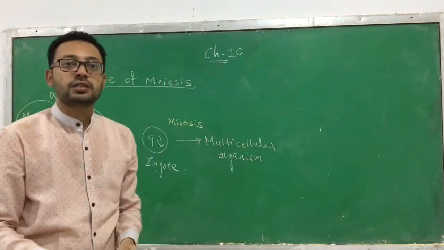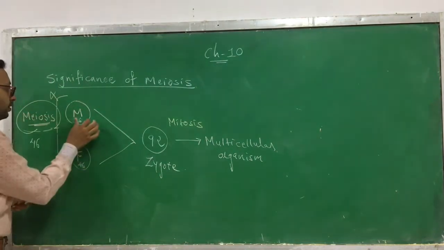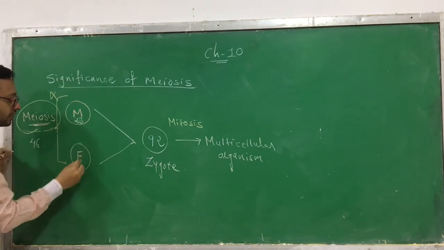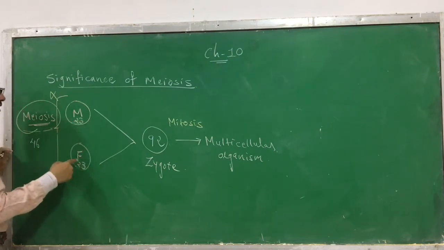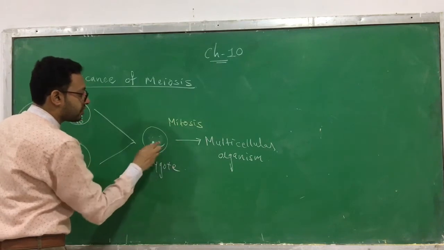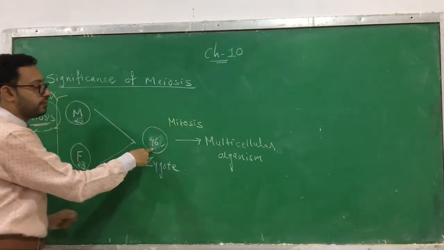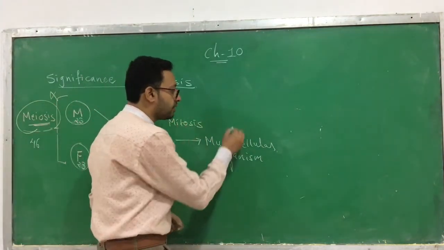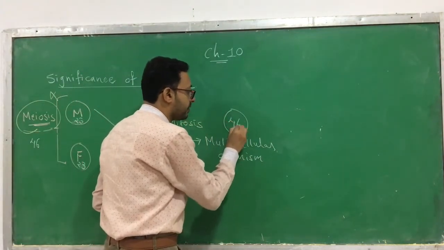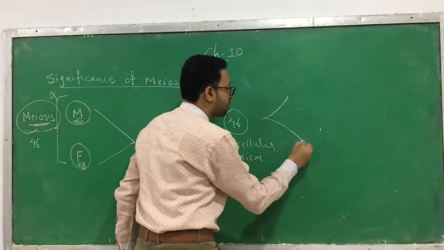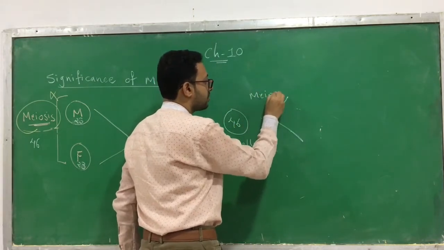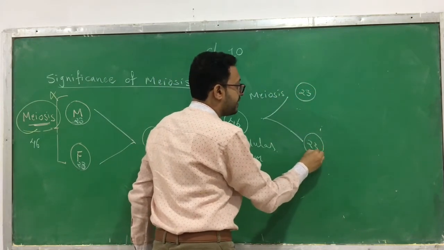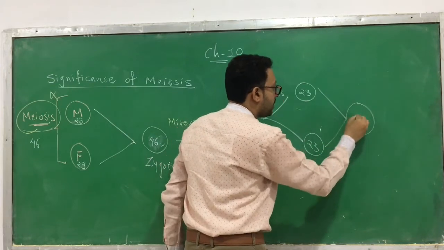Due to meiosis, the chromosome number remains maintained. How? In the real situation, the chromosome number gets halved. So 23 and 23 becomes 46. From this 46, the multicellular organism is formed by mitosis, so the number of chromosomes remains the same, 46. Again it divides by the process called meiosis, and the number of chromosomes gets halved. Even in the next generation, when they fuse, again the number is maintained.